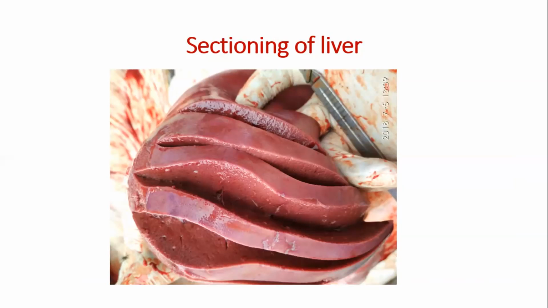Maybe the swelling of the hepatocytes, or whenever there is a swelling of the liver, the cut edges become rounded, and the two cut edges may not be able to come together when we try to bring them together. There will be some gap between them, and that is an indication of swelling of the